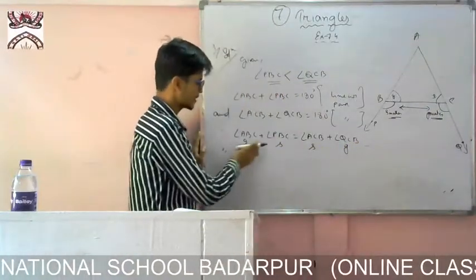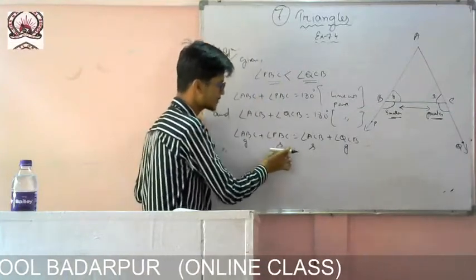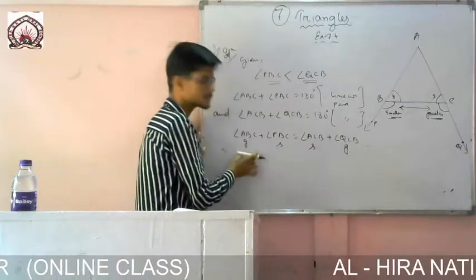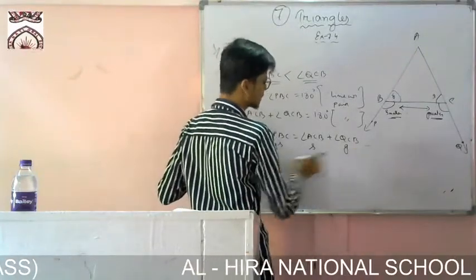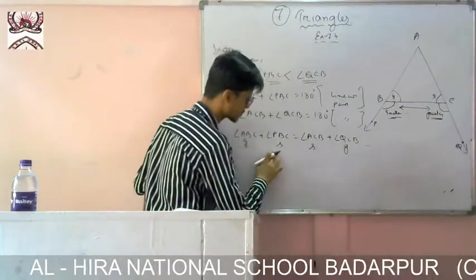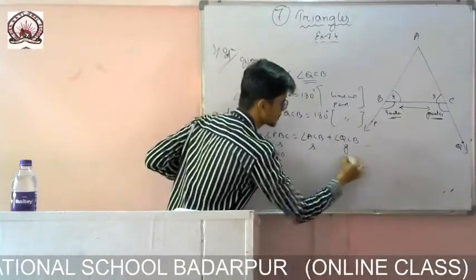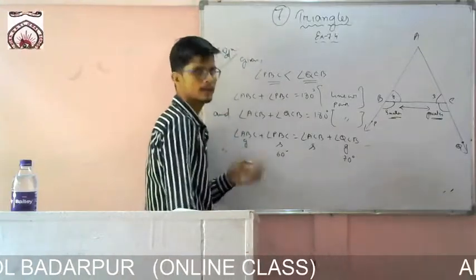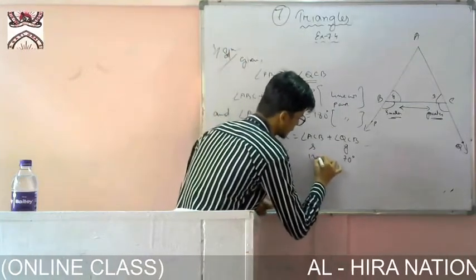Are you getting my words? You see here what I have said, that PBC is a smaller angle, so automatically that one will be a greater angle. If this one is 30 degrees, then this one will be 150. And if QCB is greater than this one, for example, I am taking this one as 60 and this one as 70. If this one is 70 degrees, then how much is required to make 180? 70, 80, 90, 100, that means 110. This is 110.